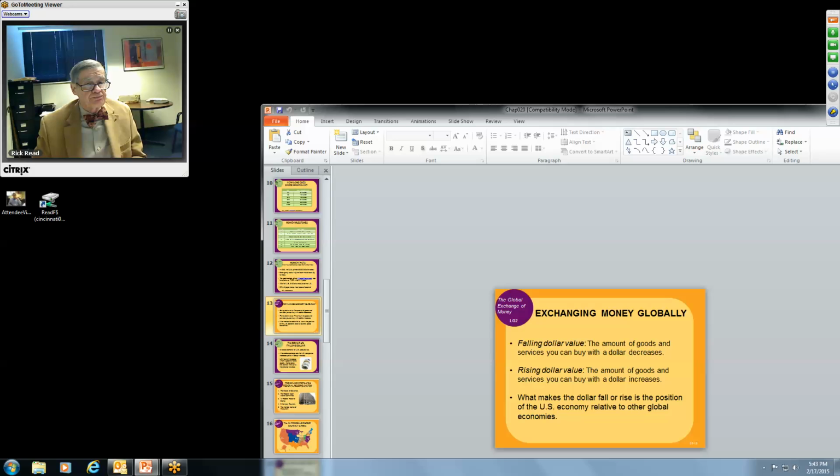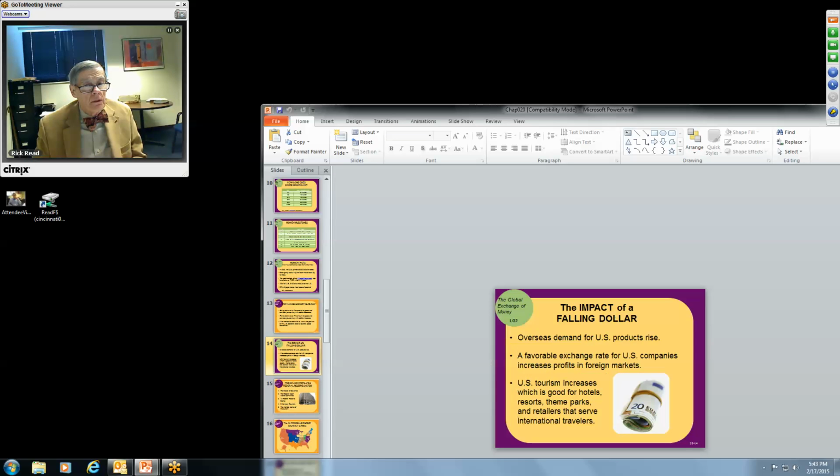So I talked about this, the impact. We can buy more stuff coming in from overseas, Swiss chocolate and wine and things of that nature that we could before. And I think we really see that more when the dollar actually falls than we do when it rises. That we see the price rise, et cetera, of the imported goods. We probably notice it more. But again, as I said, we have both the pluses and minuses, so there's not a lot we can say to it one way or the other.